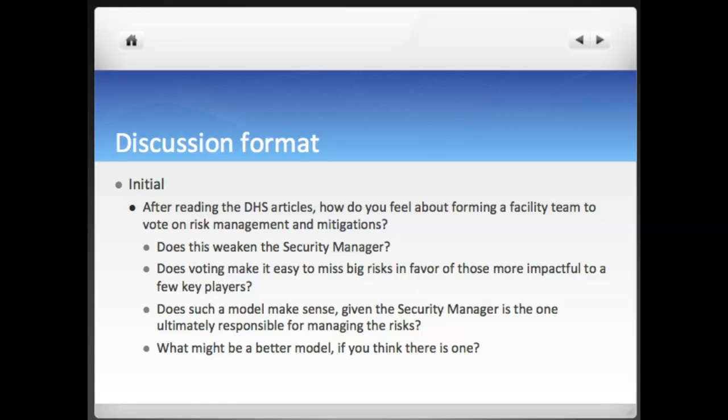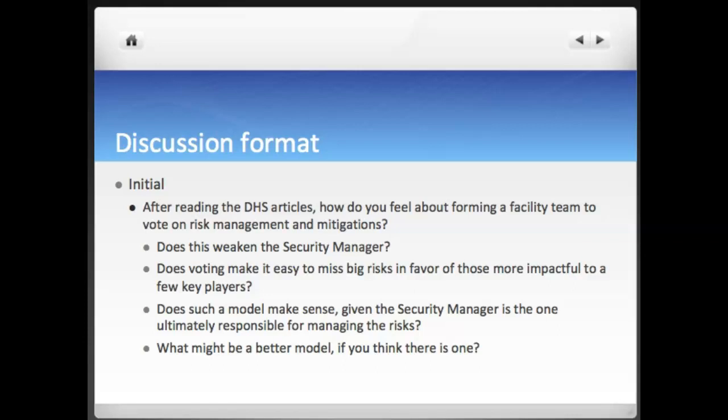Maybe. Would you use this model if you were a security manager outside of DHS where it's forced? So if you're a security manager at a company or organization, would you use this model? There are some advantages and disadvantages, and if not, what type of model would you use? I usually do this discussion later after we do the unit on engineering and facilities, which is a powerful player and handles a lot of capital, right?